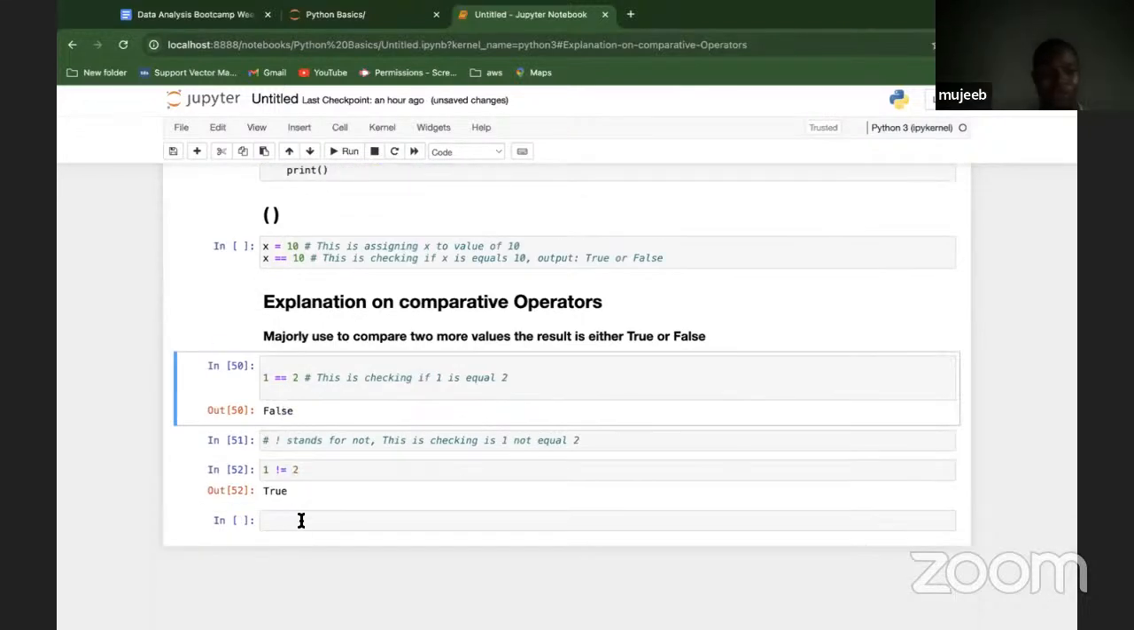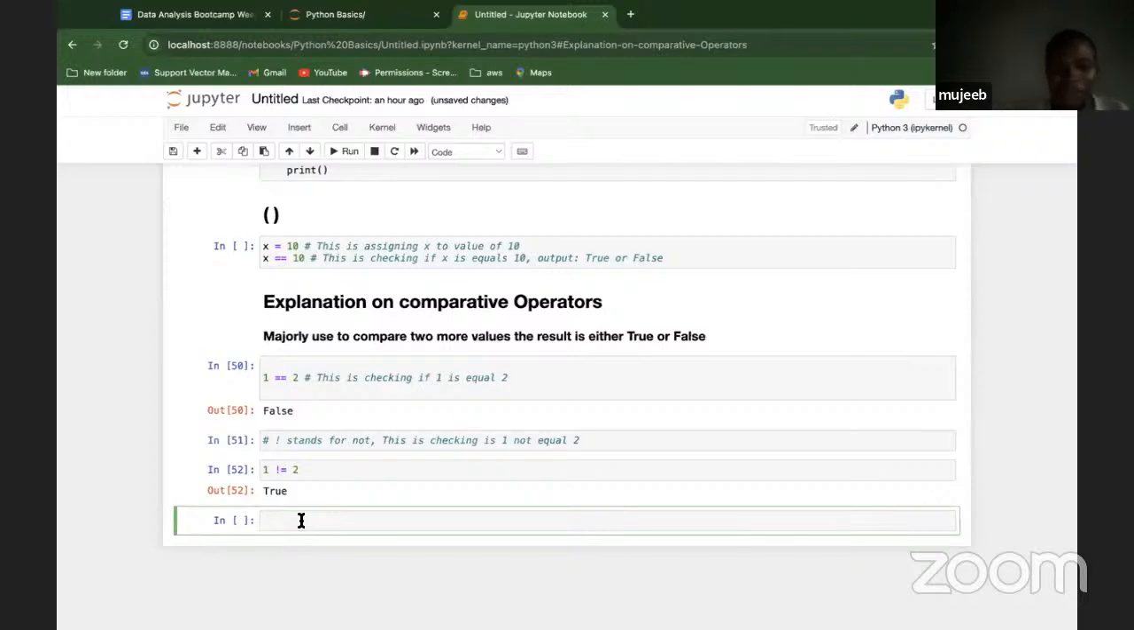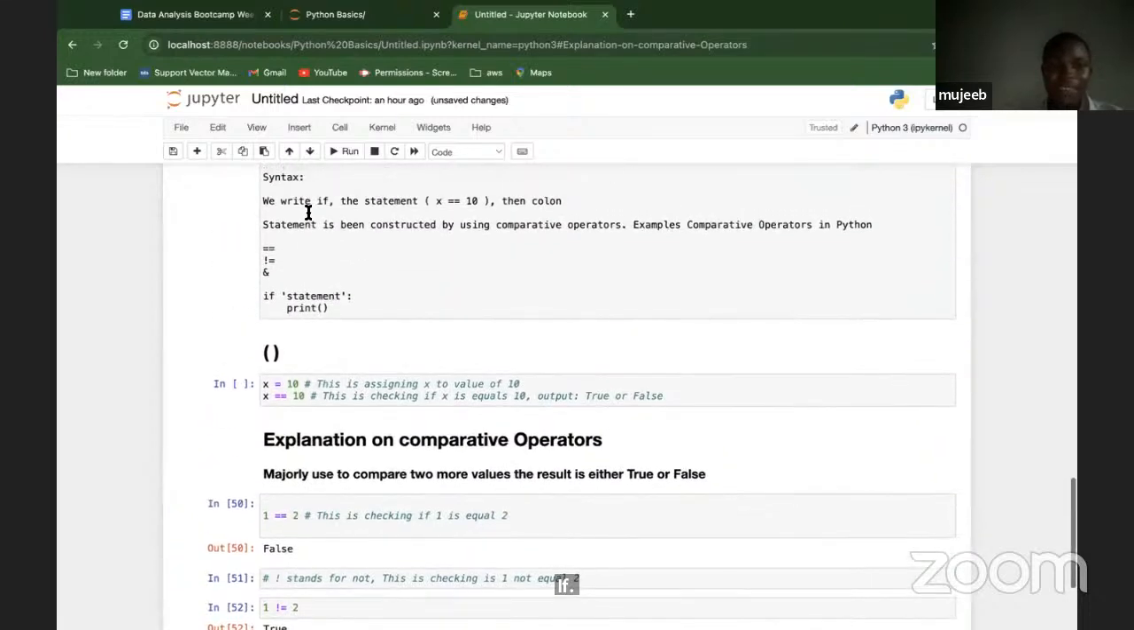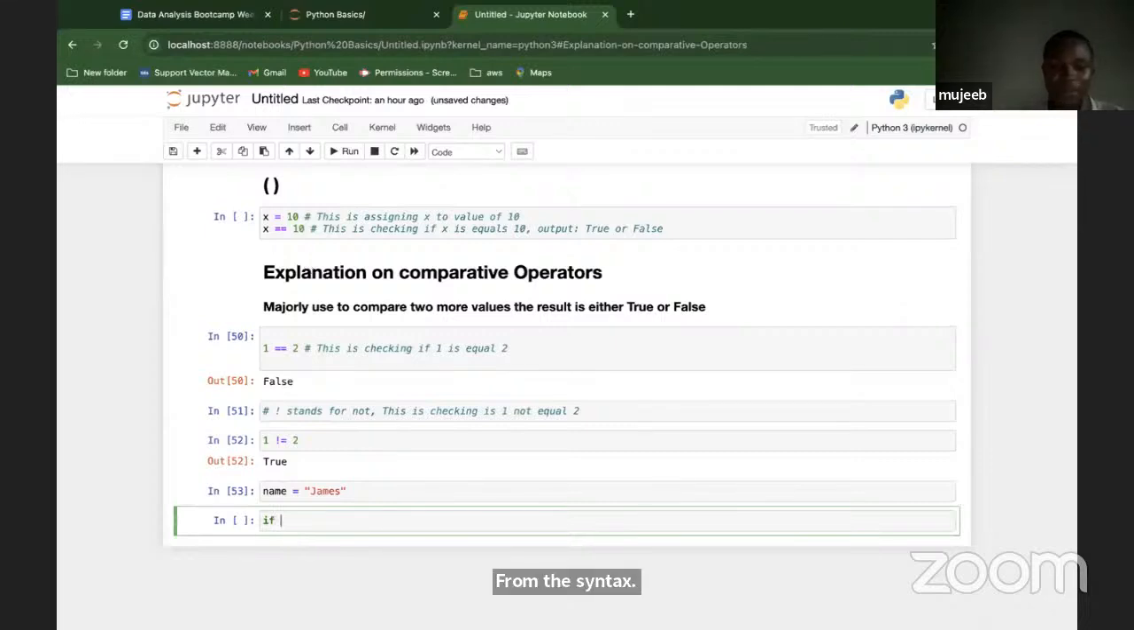So let me now go back to giving us another example of if statements. So let's say name is equals to James. Let me run this. From the syntax, if, then we write the variable, if name is exactly equals to James,